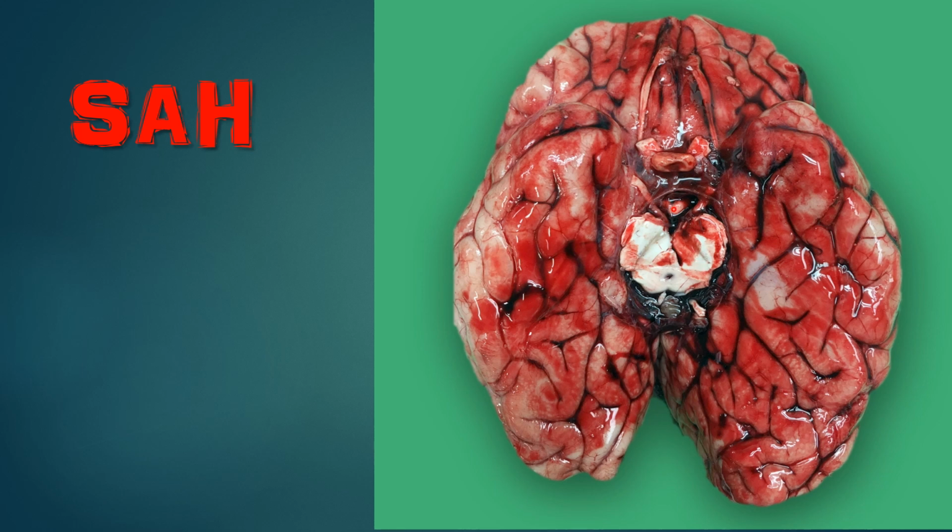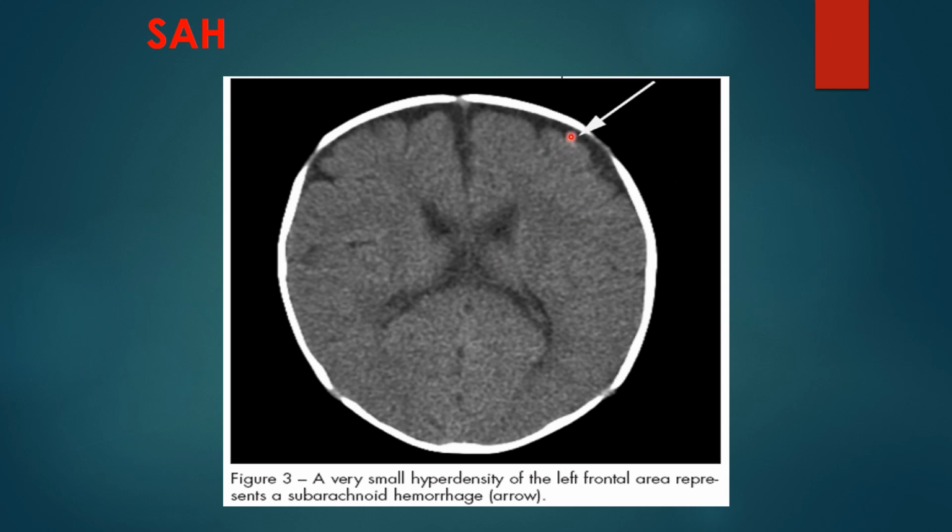This is how a subarachnoid hemorrhage looks. This glossy feeling is due to the intact subarachnoid membrane. This is the subarachnoid membrane, the whitish membrane. And in between the sulci, you will see there's hemorrhage. There's blood. This is subarachnoid hemorrhage or hematoma. This is subarachnoid hemorrhage. As you see, this is going into the sulci.